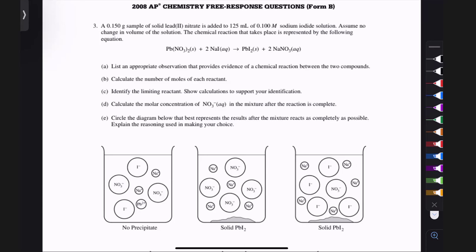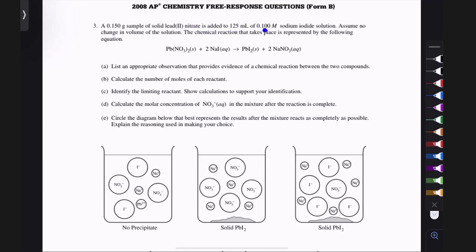Now, this is a very popular solutions-related stoichiometry problem that many AP chemistry teachers like to assign in their classes or use during their unit exams. So let's go right into this. Okay, so this shows that there is a 0.150 gram sample of solid lead nitrate added to 125